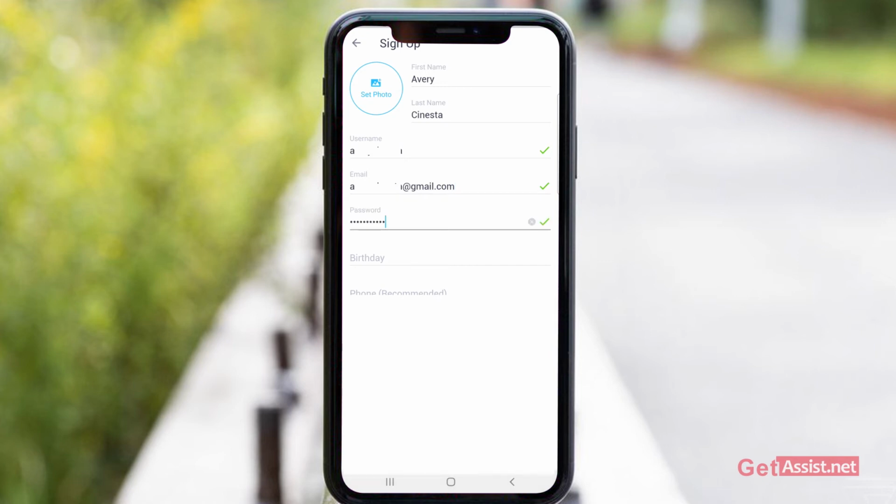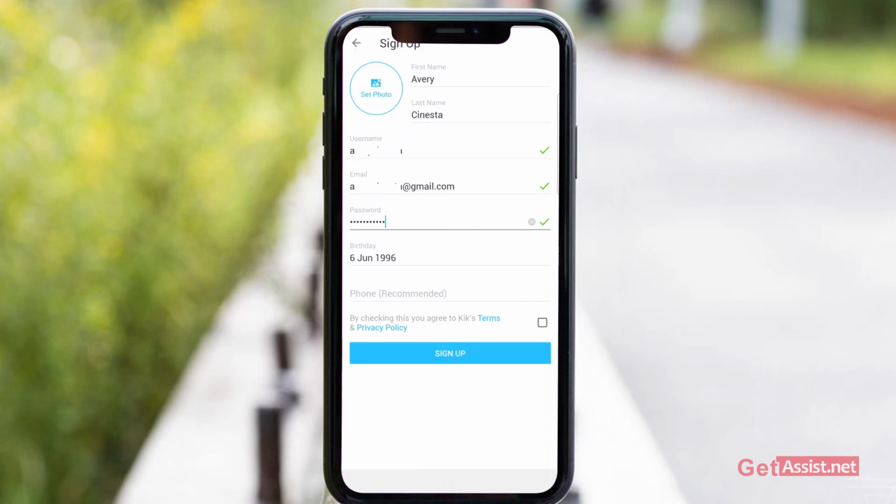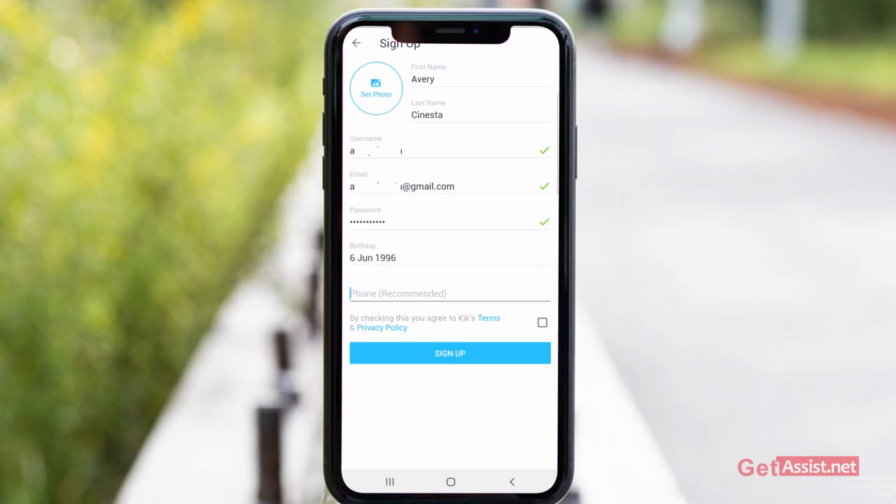After entering the password, you have to enter your birth date. You have to just select the date, month and the year. Press done, and now here you have to enter your phone number if you want,